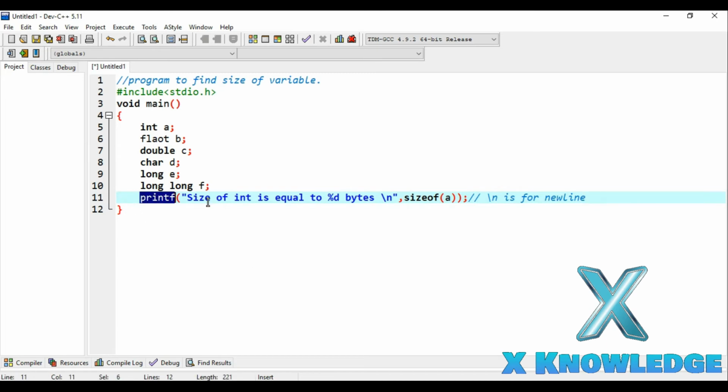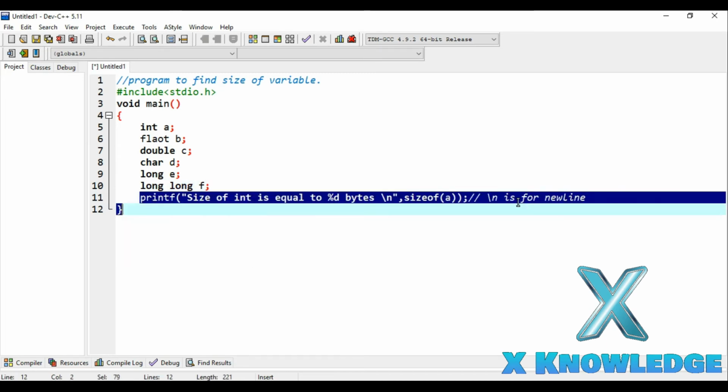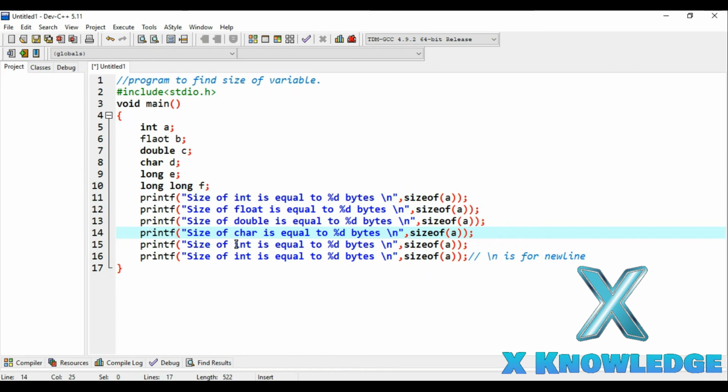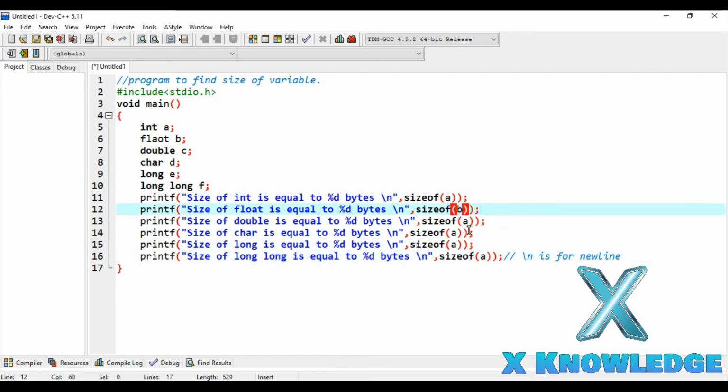Now let me copy paste this for float, double, char and long, and just replace the variable with b, c, d, e and f.